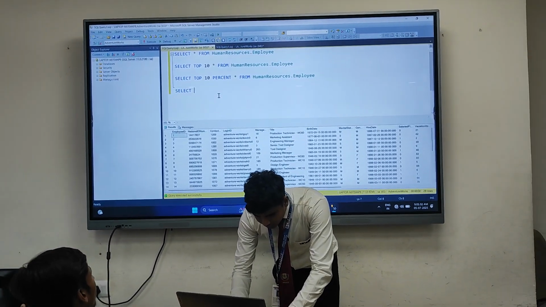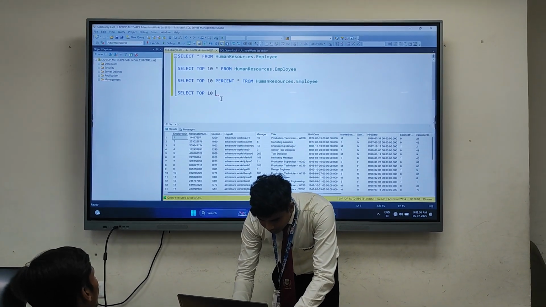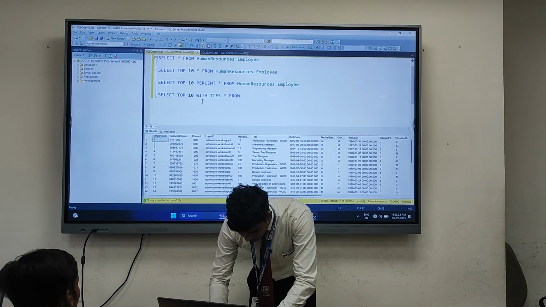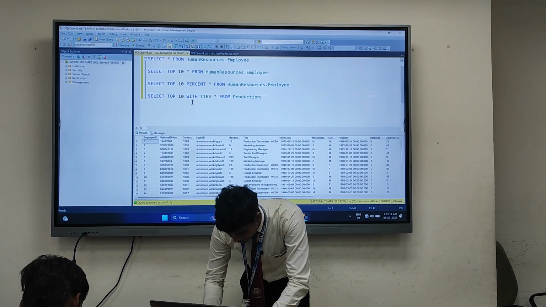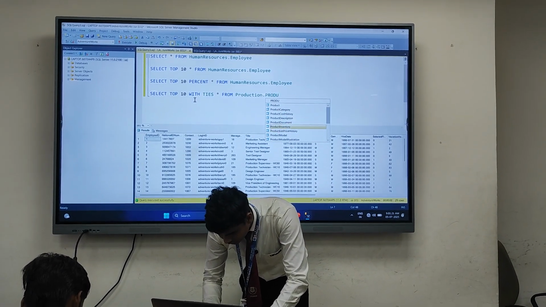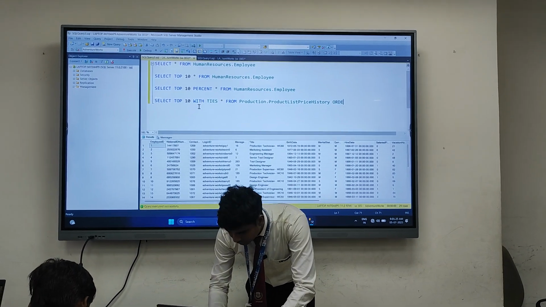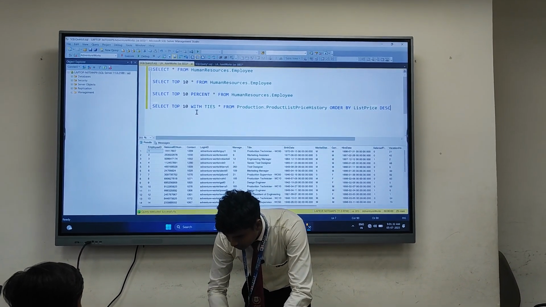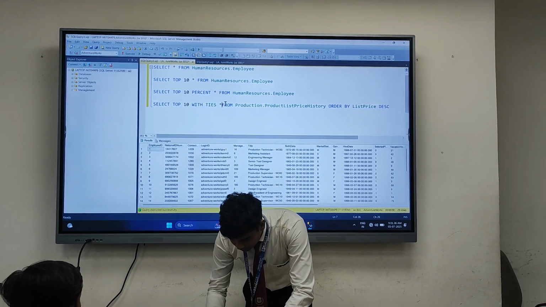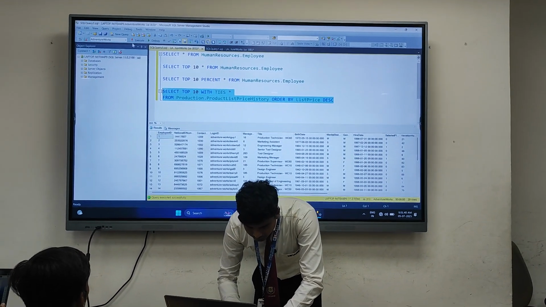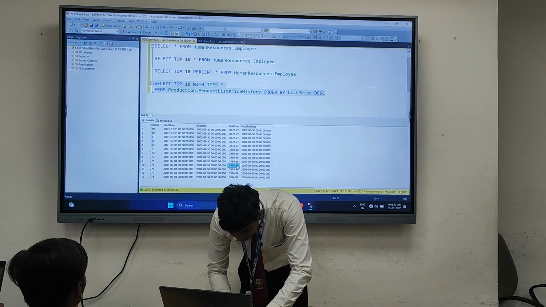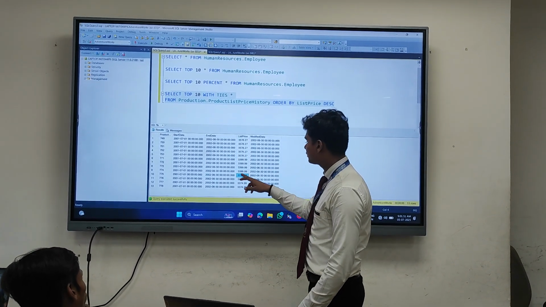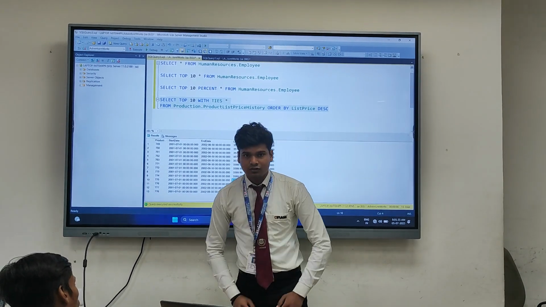For this I have used another table. Here you can see 3 additional rows are shown, which tie with the last row of this table. So that's all from my side. Thank you everyone.